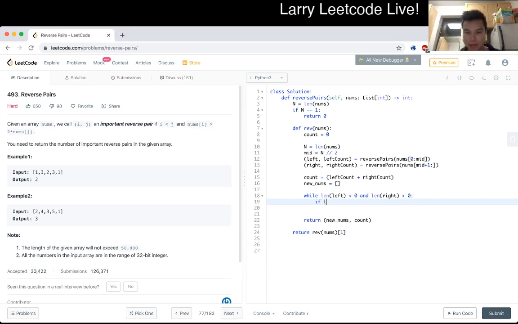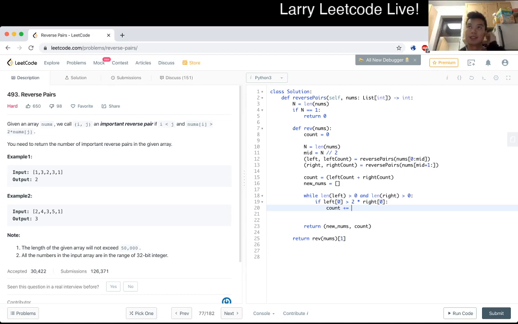Yeah, okay. If left of 0 is greater than 2 times right of 0, then we count. No, we count more than that. Let's think about this. Do we want it? Maybe we don't want it in the right order. Maybe we want to reverse. Oh, and this actually should be recursive anyway. Oops. So now we want